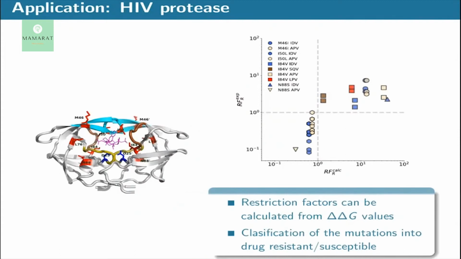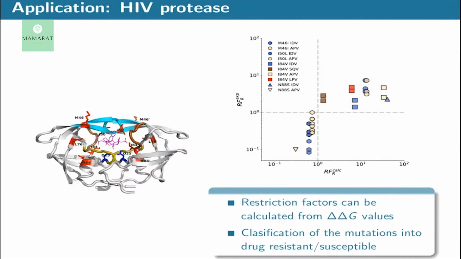So first of all, for these mutations, we did not have data to compare directly against delta Gs with the experimentally measured delta Gs. It's not available usually. What clinicians report usually are the restriction factors that are only related to the delta Gs. But we were able to establish a connection between the delta Gs and the restriction factors, and we built a very reliable classifier of those